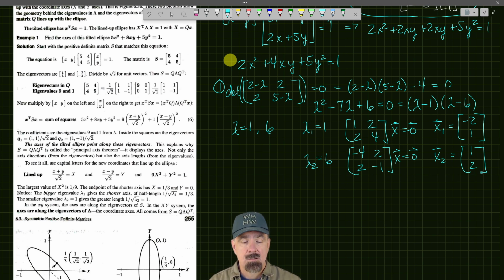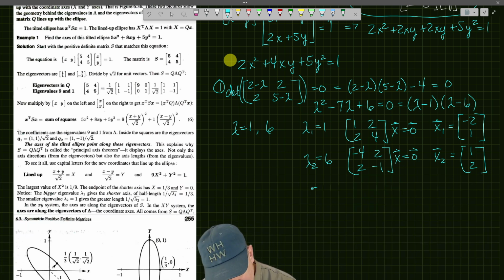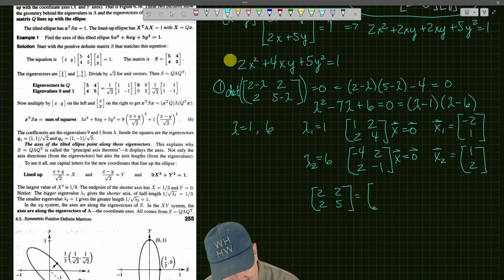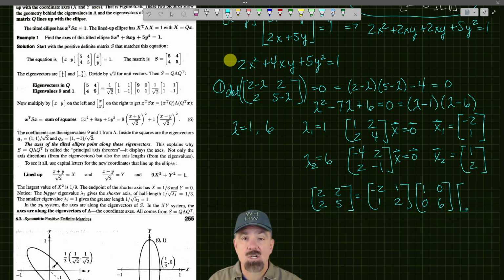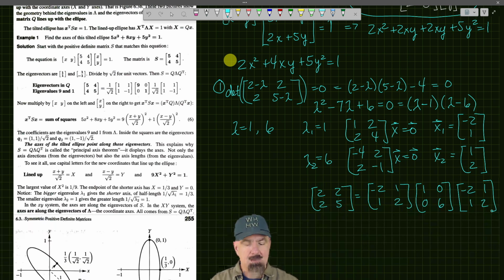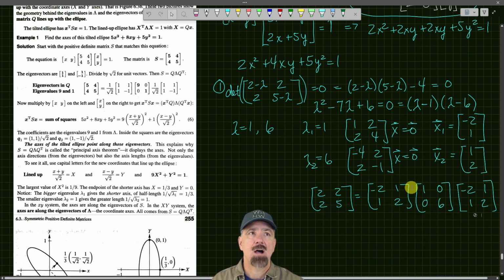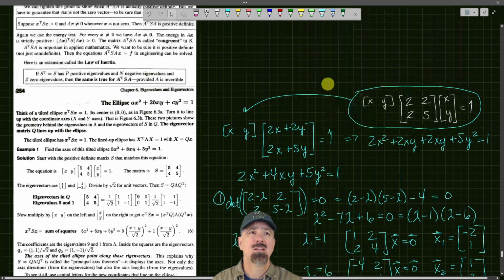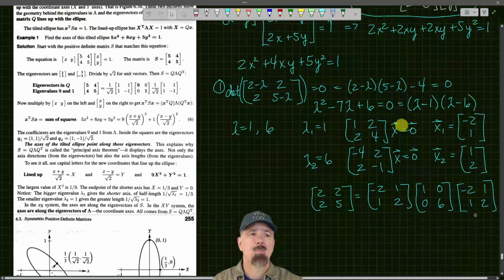And now we can come up with the diagonalization for our matrix. So the matrix 2, 2, 2, 5 can be written as the eigenvector matrix negative 2, 1, 1, 2 times 1, 0, 0, 6 times the transpose, which is the inverse. And so that's a negative 2, 1, 1, 2. Right? And this decomposition allows us to substitute in back up here and come up with a diagonalized version of